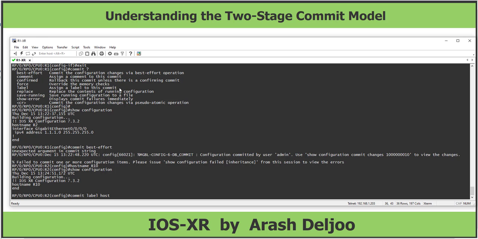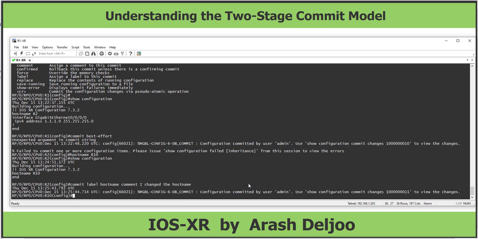Assign a label to this commit, and also we will assign a comment. Commit label hostname means this is a commit for the hostname configuration that we have in the configuration. And after that, comment. You can use comment, and then here whatever comment you want. For example, I changed the hostname, or any other comment. Okay, look at here, commit label hostname. This is our comment. Now here actually you can press enter,